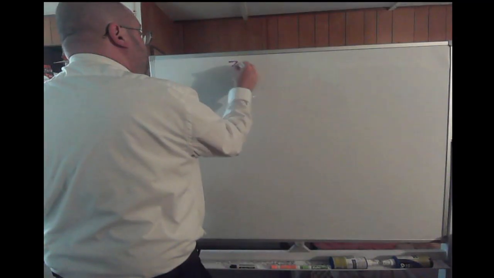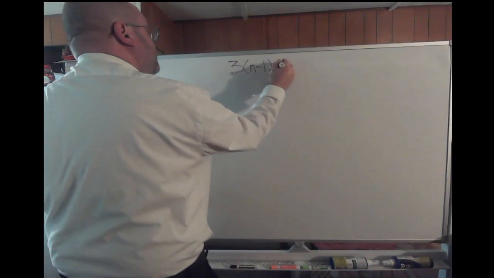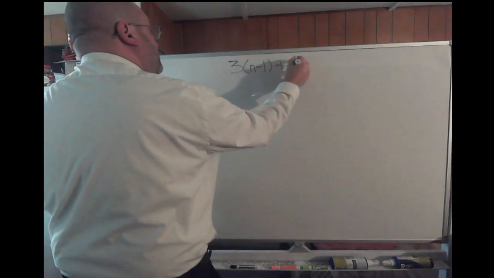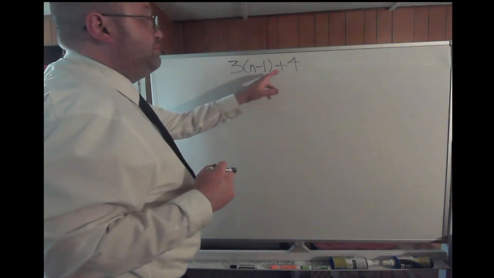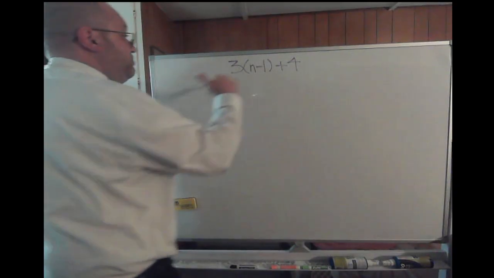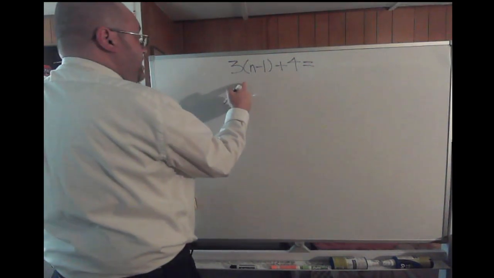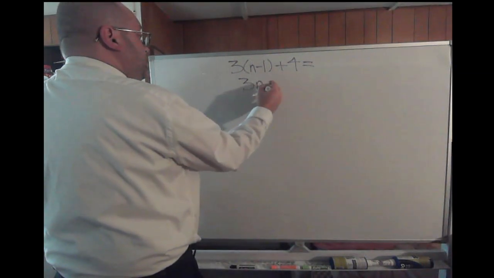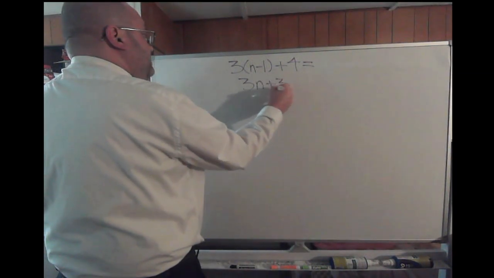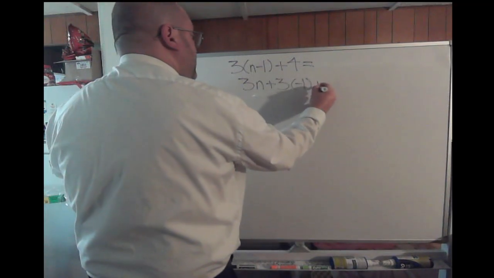Alright, let's see. We got 3 times the quantity of n minus 1, plus 4. So we want to simplify this. Well, of course, our multiplication comes first, which in this case is the distributive property. You'll take 3 times the n, will give you 3n, plus 3 times that negative 1, all that plus 4,